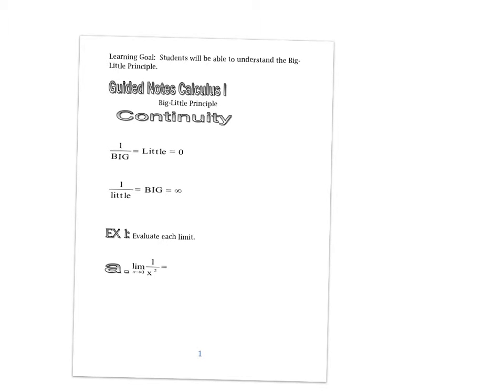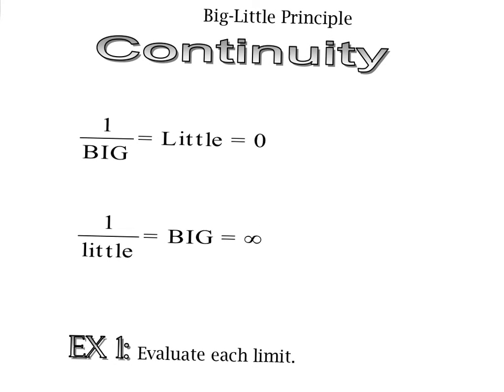All right, the big little principle. This is a really, really basic idea. Just these two basic rules that help you see what something is going to approach. So if you have some number, or 1, or some constant really, over a number that's getting